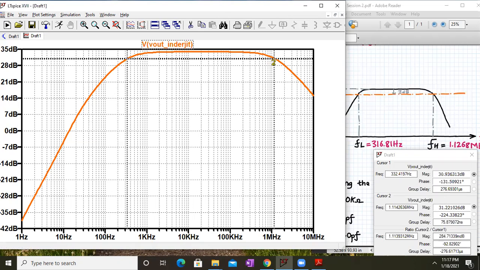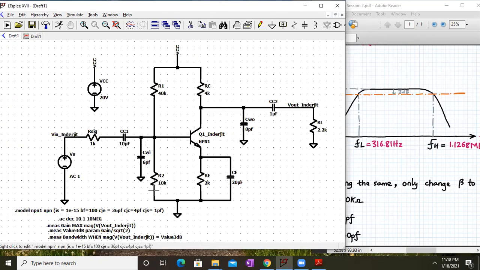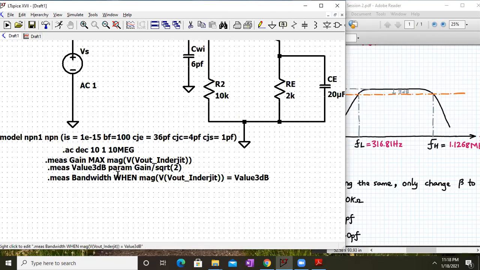So here also it is 30.89. Okay, so around 1.2 megahertz, close to that. So we are getting this range, but it depends. It's not so accurate. Here it is 30.89, here it is 30.93. So it's a little bit inaccurate method. So a better technique will be to use what we have done so far before.